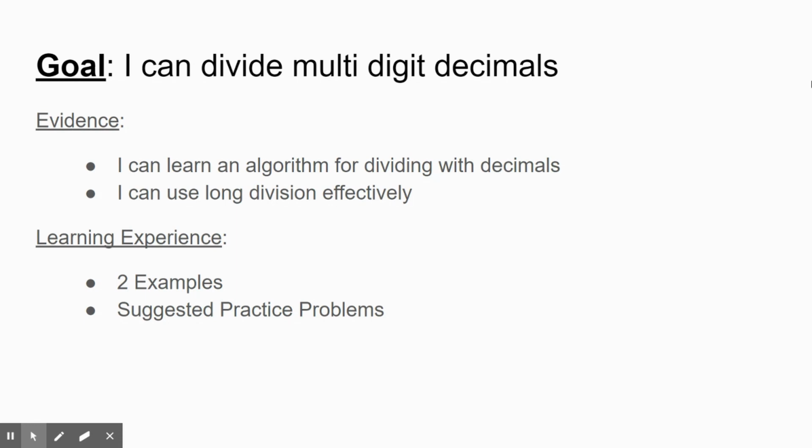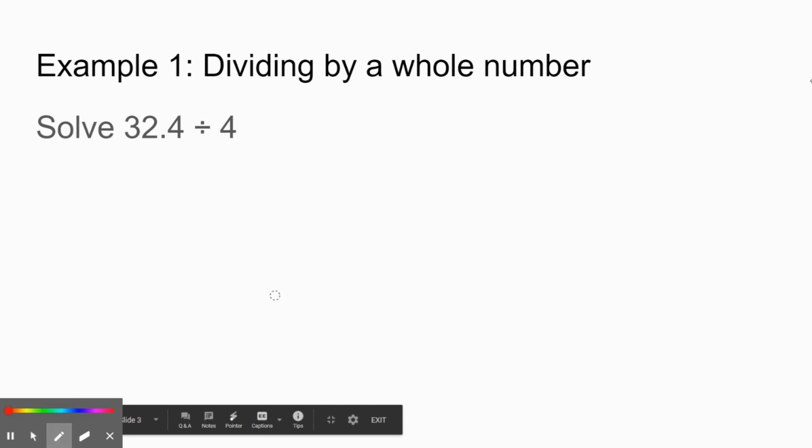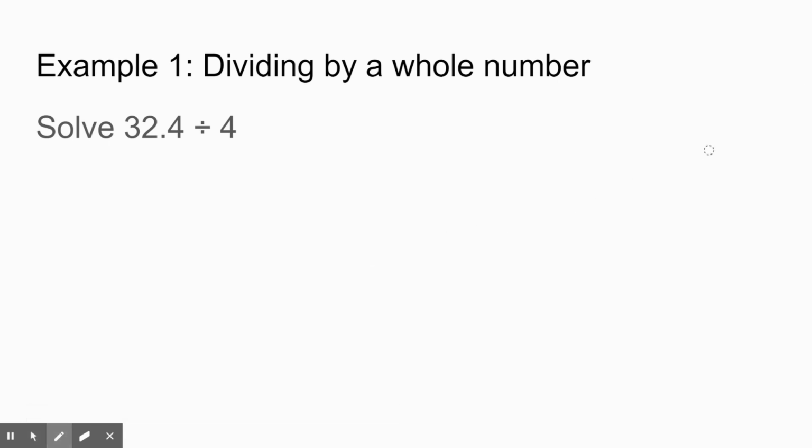One's going to be a little bit harder than the second one. And then I'm going to leave you with some suggested practice problems. So if you look at the first problem, we're going to be dividing a number with a decimal by a whole number. So we have 32.4 divided by 4. What we want to make sure we do